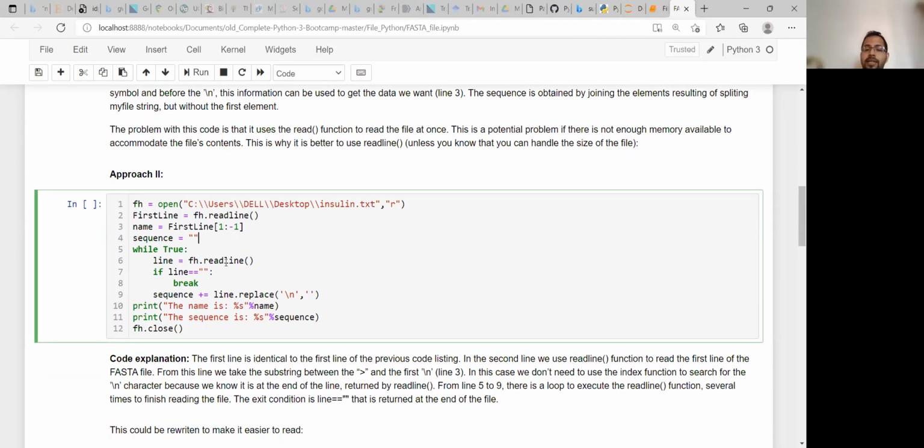This fh dot readline will take the line, and if line equals nothing, that means it is the end, so it will break.